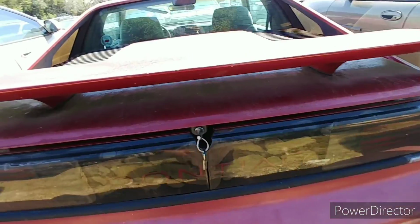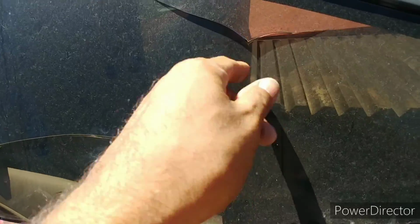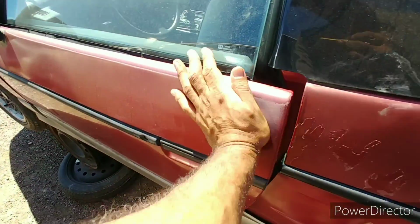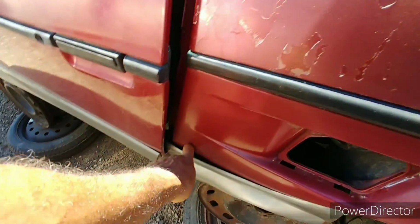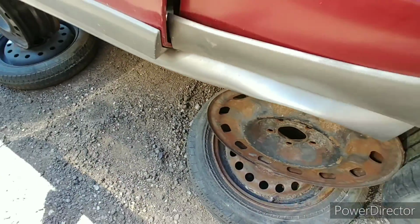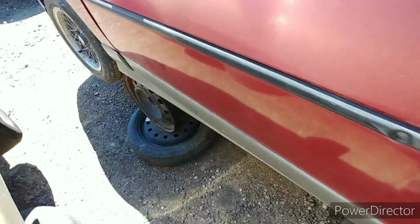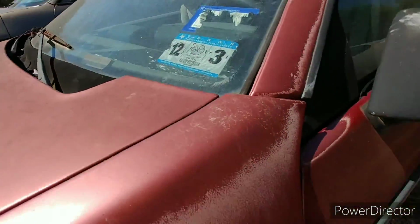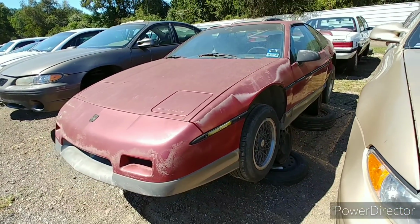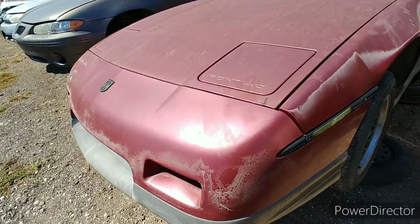Keys there. See? I thought these things were glass, plexiglass, unless this was swapped out. I don't know much about these cars. The door doesn't want to close. I don't know what the deal is. Oh, it's catching on the, oh, because of this here. When they stuck it on these rims here, it bent up the rocker molding, so it's stuck. Off the road, I guess, since about '03. So we're looking at what, 17, 18 years? Other than the paint being kind of faded,